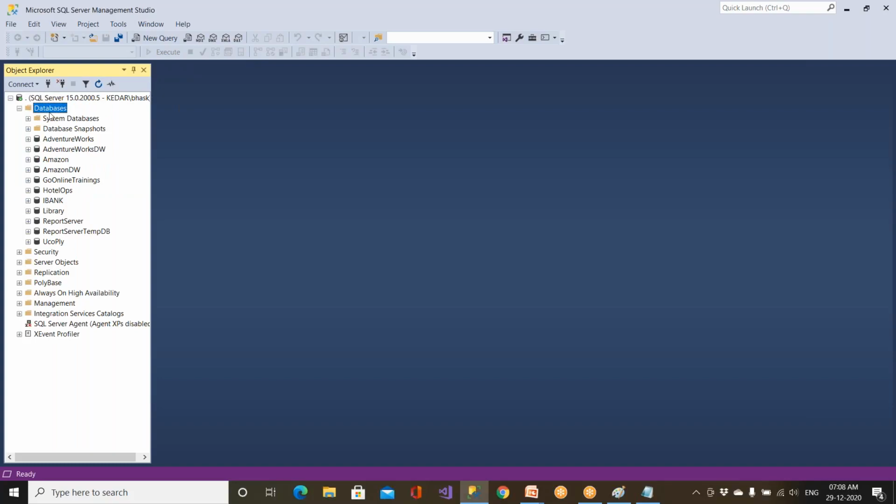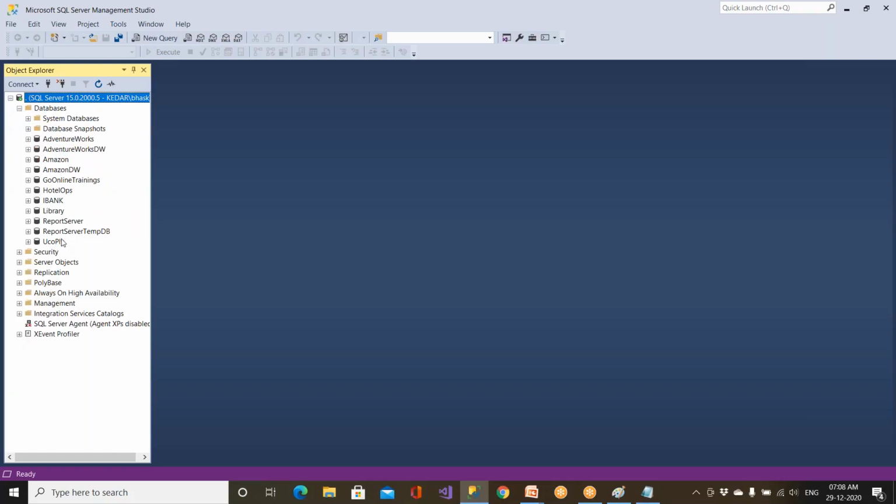So you will have a lot of databases here. You don't get this many databases by default. Don't ask me, sir, I don't have this database, because by default you don't have any database. You have to create a database. Clear? When you expand it, you will be able to see like this. You need to simply click on the expand button. Clear? Click on this button so that you will get a lot of things. By default you don't get all these things, no worries about it.